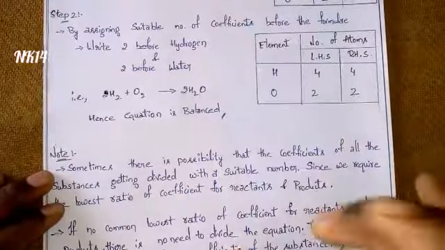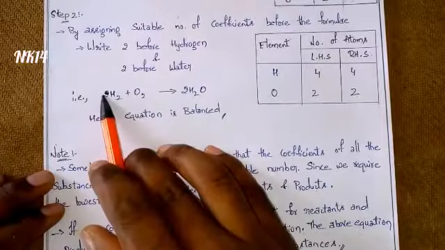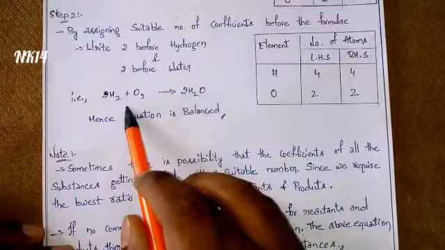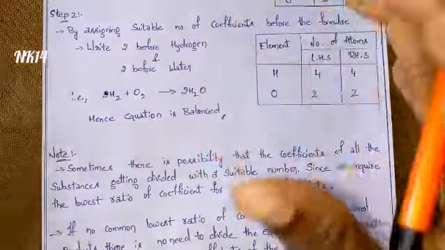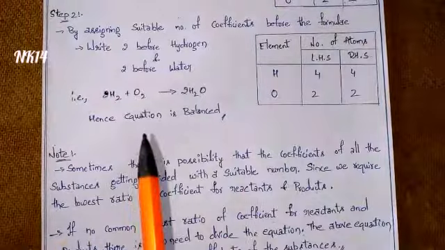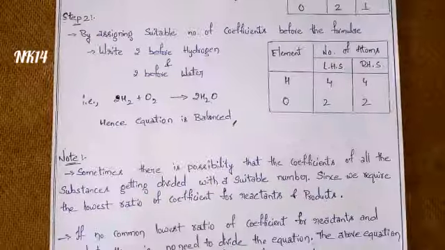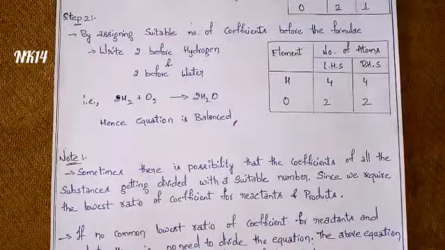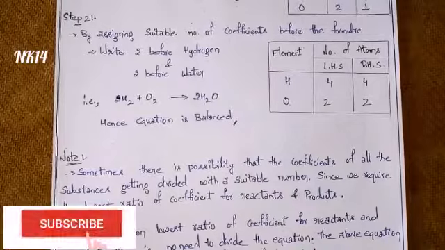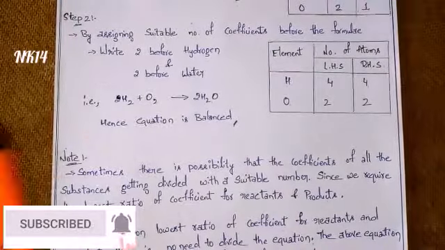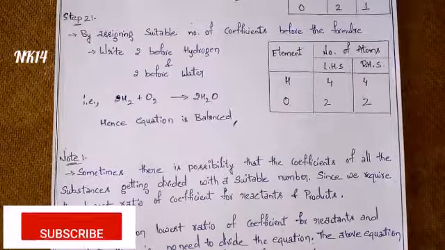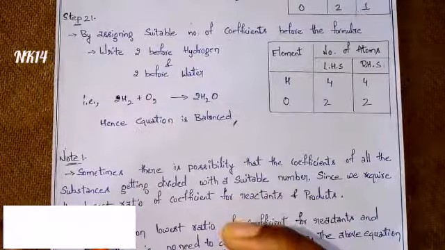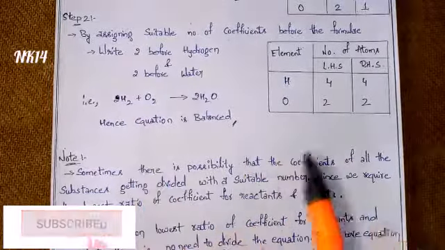Coming to the last point, we have to write the balanced equation with the lowest coefficient ratio. As it is the lowest coefficient ratio, not many steps need to be done, but some equations will need it. So I will explain one equation in my next video. Try to check the video. Friends, I hope you have understood the whole chemical equation topic, starting from the chemical equation and the steps involved, what the law is in the chemical equation, and then balancing. In my next video I will explain a simple example of a chemical equation with larger coefficient values, to bring it to the minimum coefficient ratio.